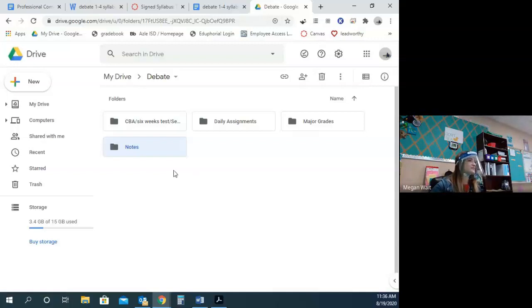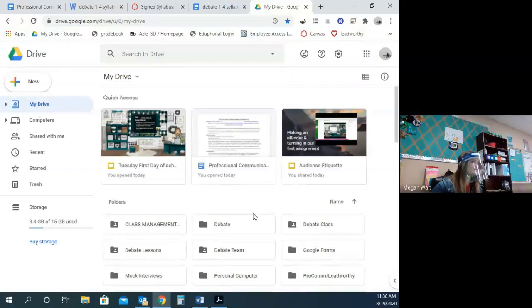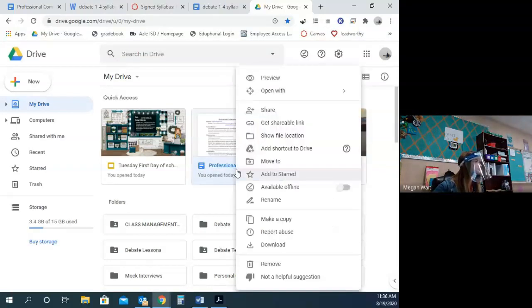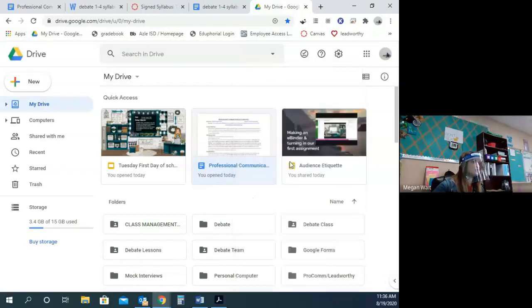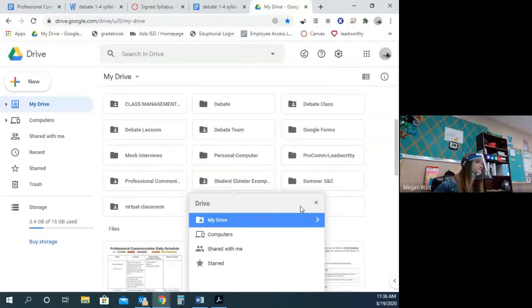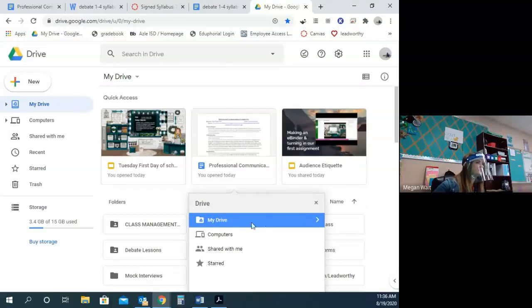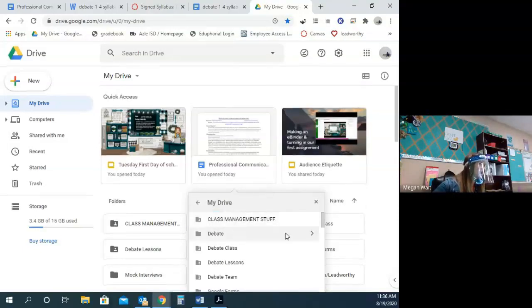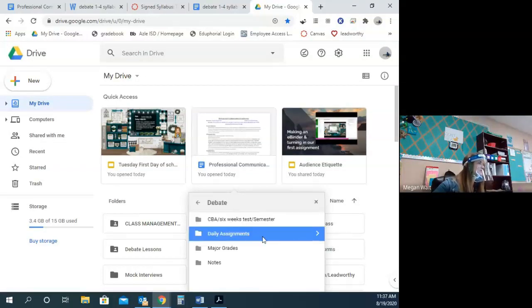Let's go back to our syllabus in our drive. So y'all have a copy of a syllabus somewhere, right? What you're going to do, so I think this is a syllabus right here. This looks good. You're going to right click it. And then it says move to. Once you click on move to, it pulls up your drive. Find your class, your debate class. Find the daily assignments, highlight it, and